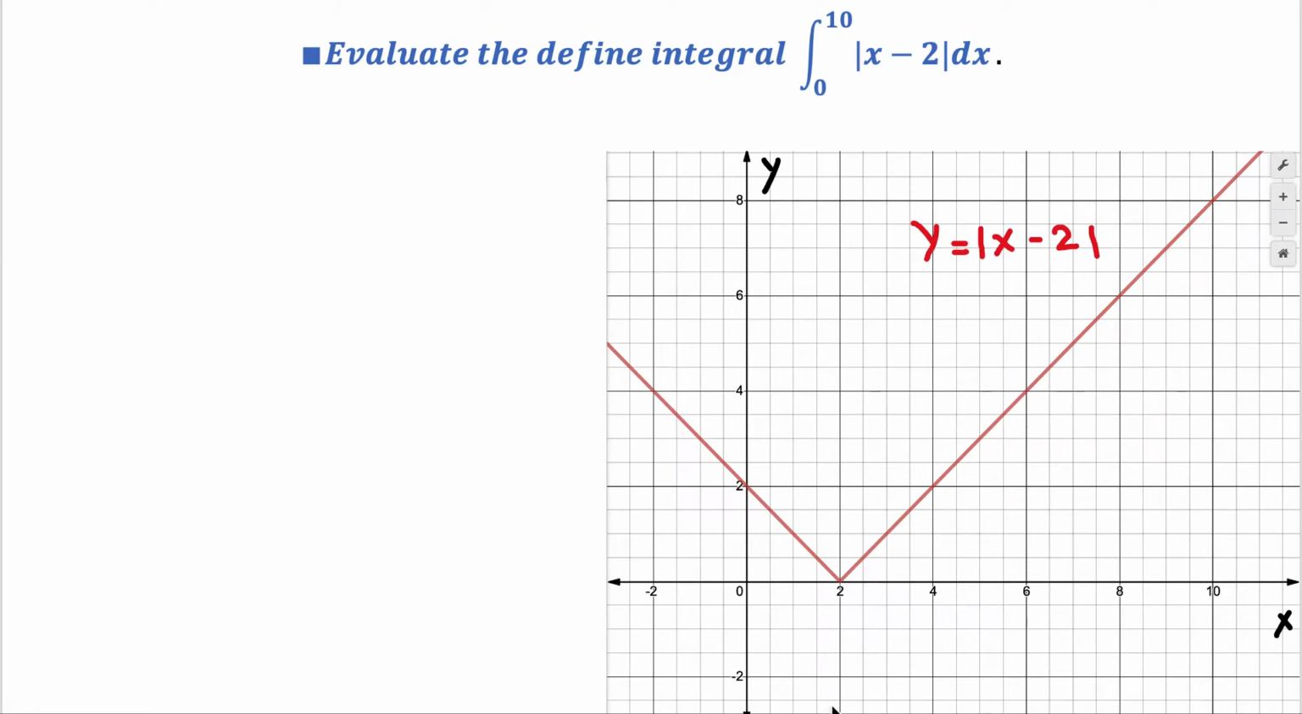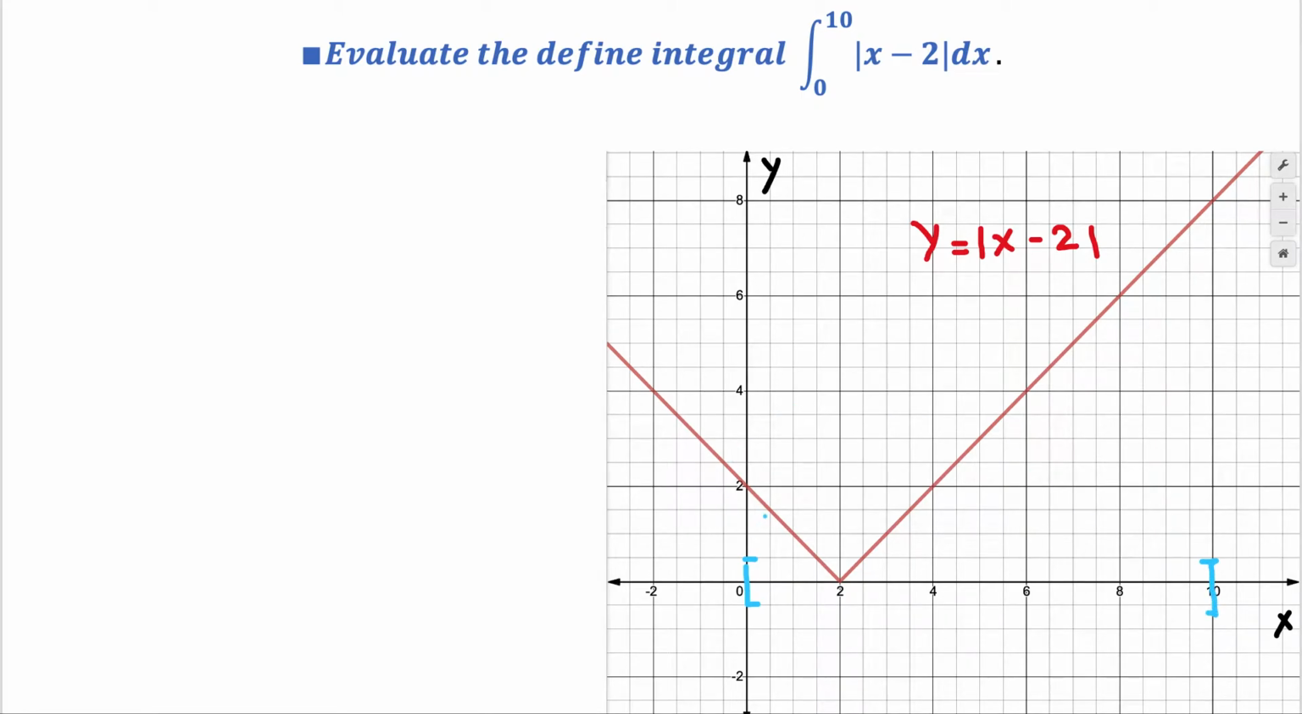Define integral from 0 to 10 of the absolute value of x minus 2 times dx. So if we take just the integrand here, we have this function y equals the absolute value of x minus 2. It has this graph, but we have the limits of the integral from 0 to 10. Because we have these limits, we take from 0 to 10 here, and we want to know the surface area under